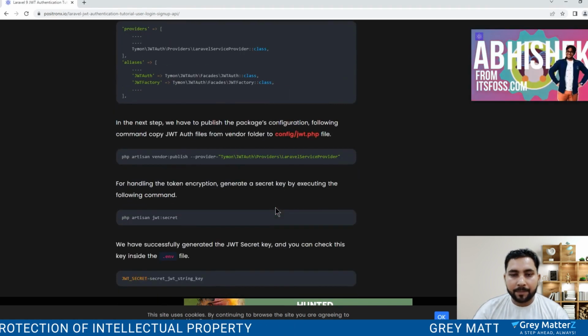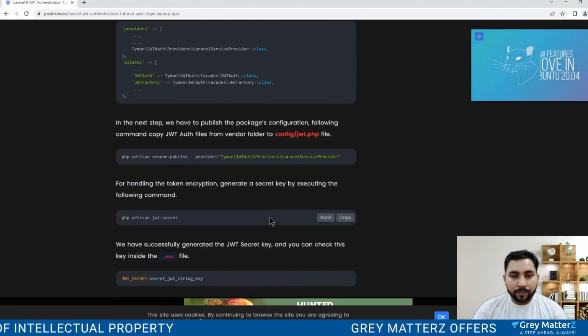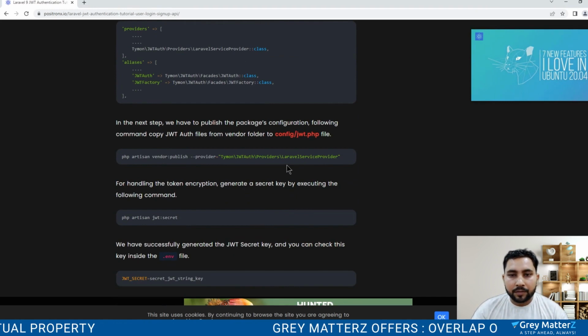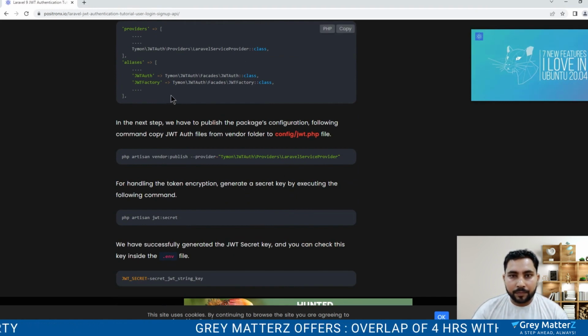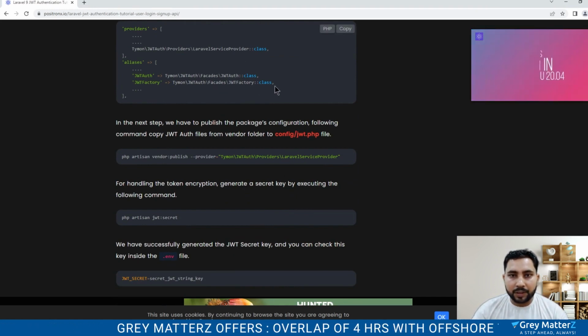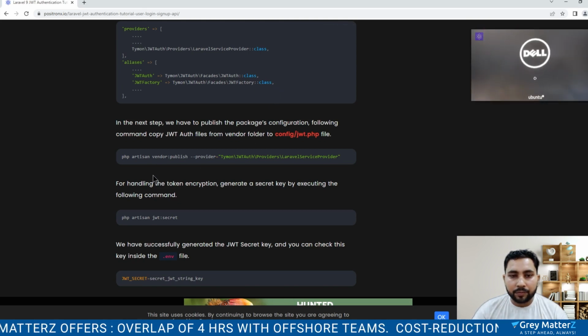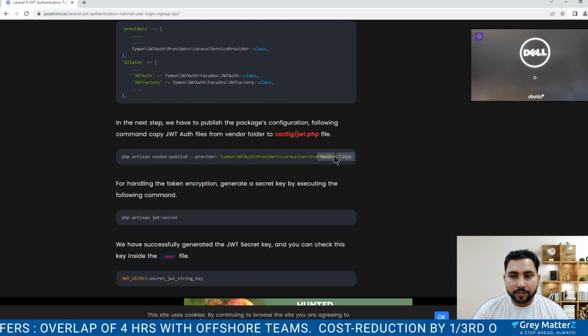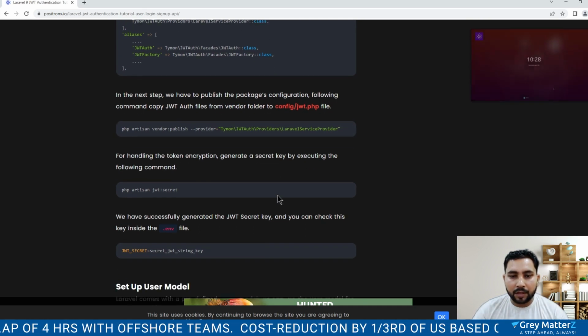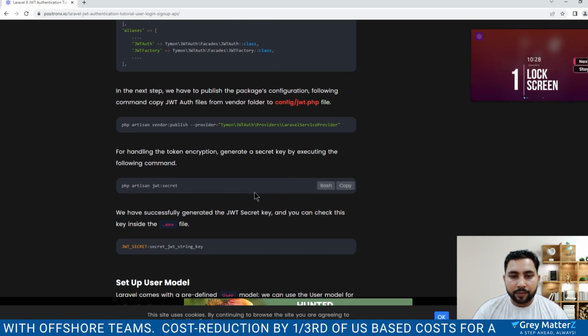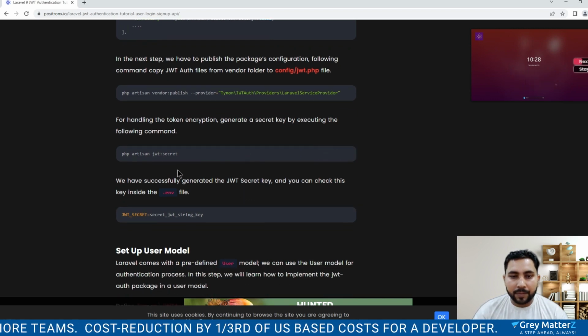Now, second step, we need to publish this vendor. After registering this JWT auth package in the vendor providers, we need to publish it by using this command. After this command, we need to generate a secret key by using this command.